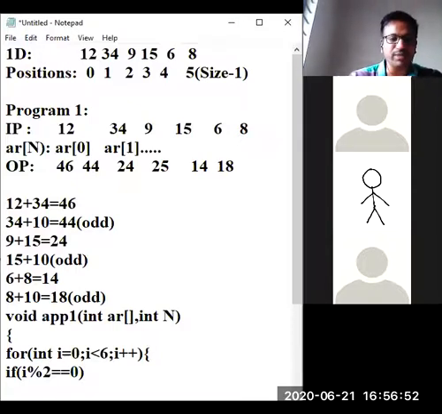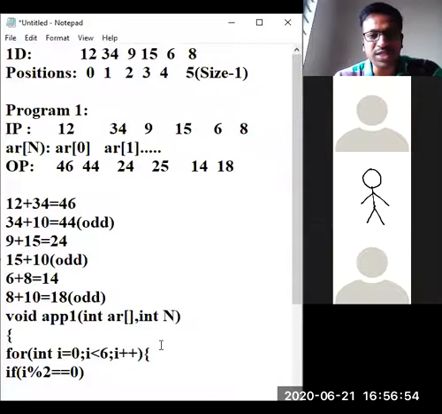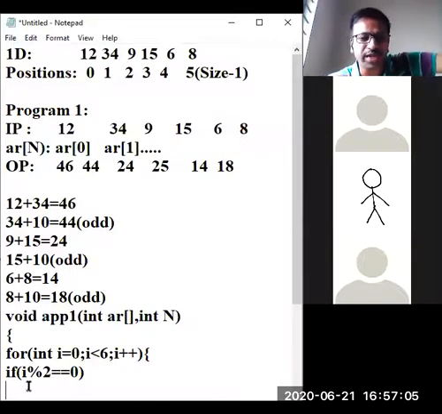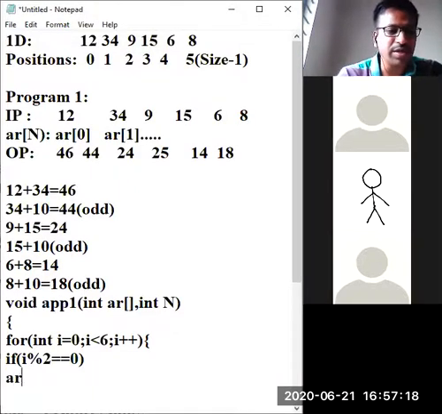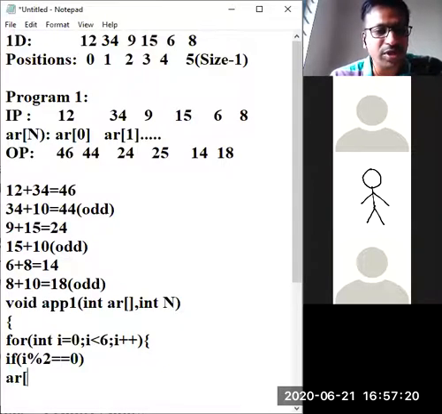Now what should happen? So you started from I is equal to 0. True, I is 0. 12 is there in that position. Okay, fine. Now 0 will come here. 0 by 2, 0, true. Now what will happen internally? What logic? Now you have to play with arrays. Array means array name should come. AR of what should happen? What is the logic? AR of 0. 0 plus AR of 1. AR of 0. I will come.